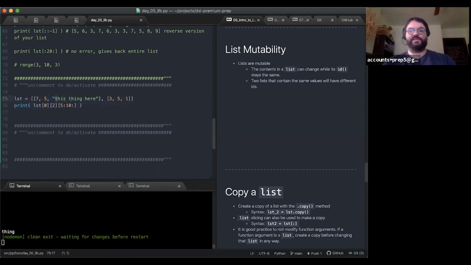So T is index 0, H is index 1, 2, 3, 4, so 5. So we want to start at 5, 6, 7, 8, 9. We want to include 9, so we want to go one more than 9, which is 10. So we'll go to index 10. Now, there we go.